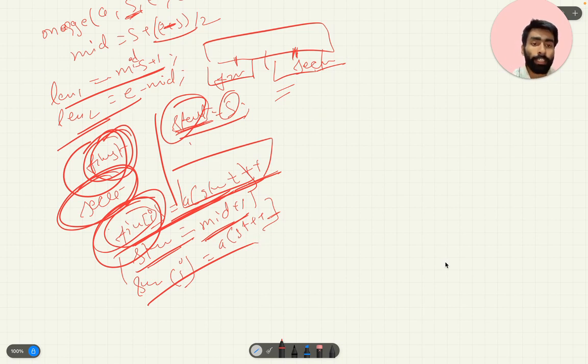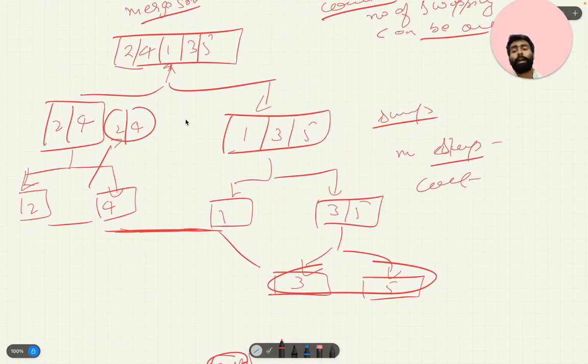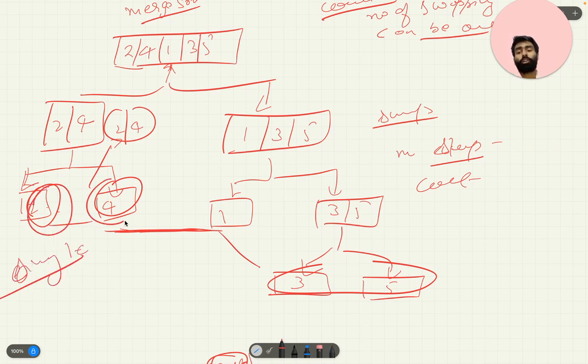So once we get the first and second part, now we need to apply the concept of merging two sorted arrays. Once we start merging, because here we see we divided each element into a single element, and a single element is always sorted.